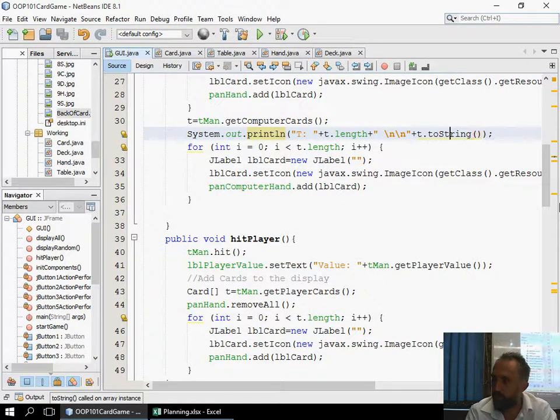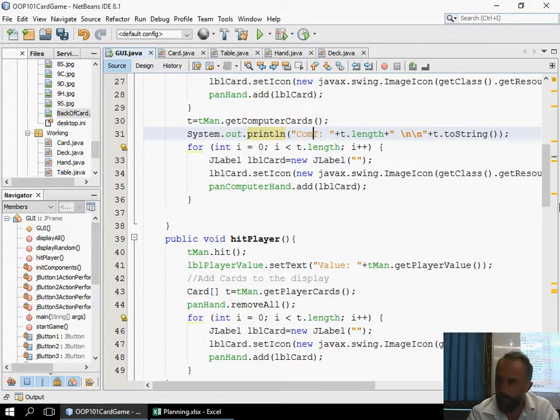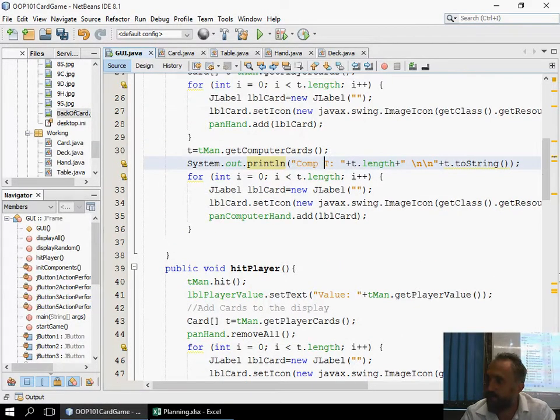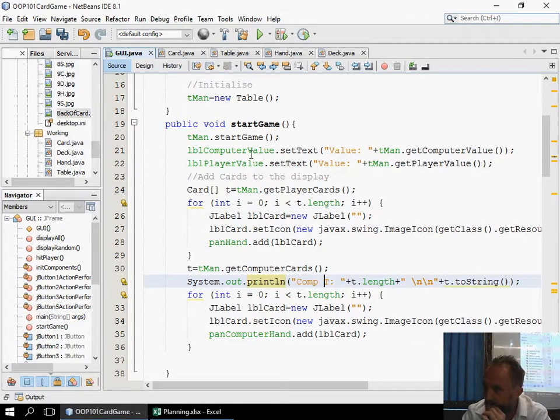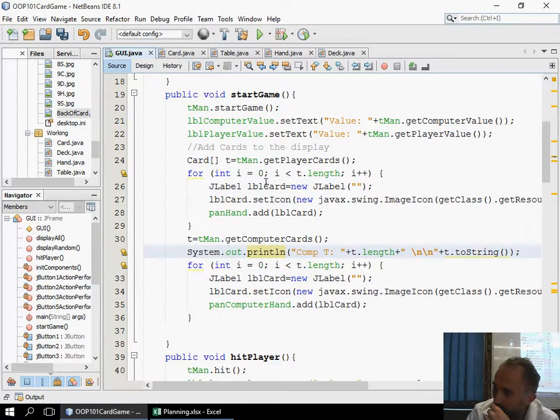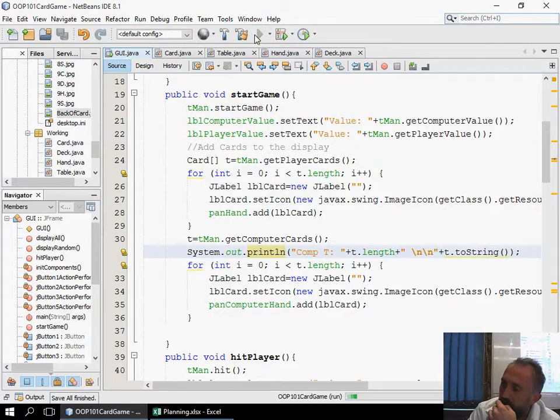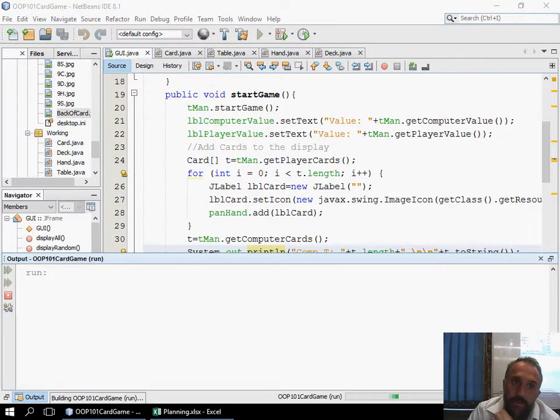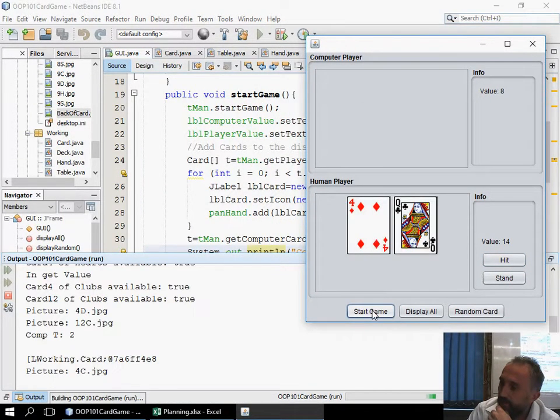This is for our computer player, so I'm just going to put there comp. I'm also going to get rid of the other print lines that I might have added earlier, otherwise you might get a bit confused with what's happening on there. Okay, I don't know where my print lines are. I can press Control F and find them, but okay, so if I go start game,